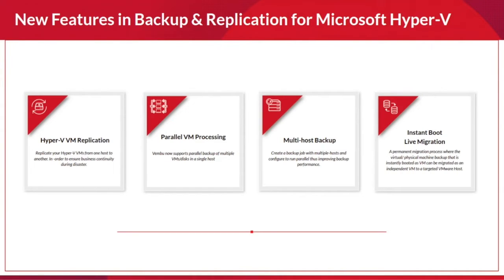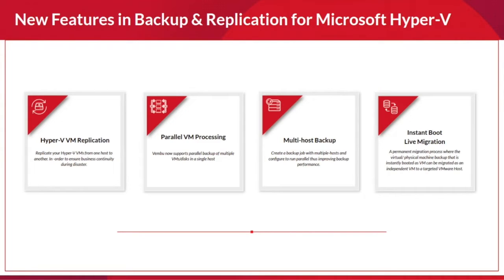So yeah, obviously everyone must have known that Vembu was giving you the instant boot VM recovery option previously, even in 4.0. But this instant boot live migration is to make sure that once you boot the machine, though the instant boot is a temporary booting option or a temporary recovery option during the disaster recovery time. So once you boot the machine, you have it run on a temporary basis, and once your main source is normal, you can just unmount the machine. That is how your version 4.2 was using it.